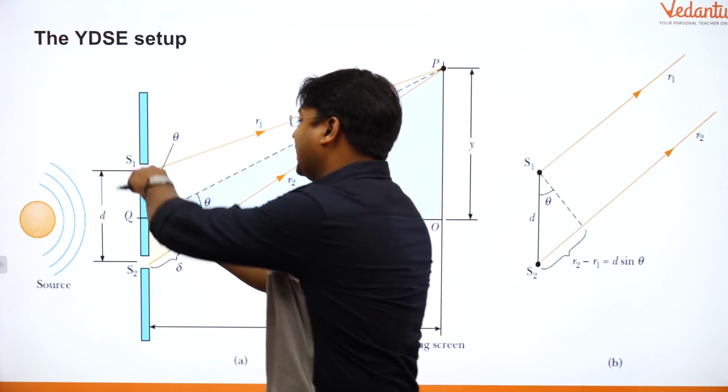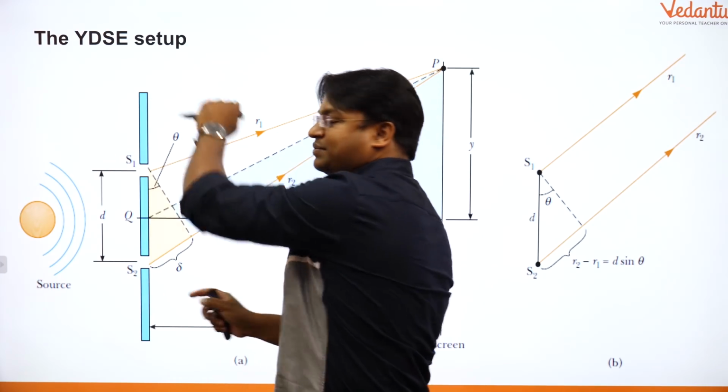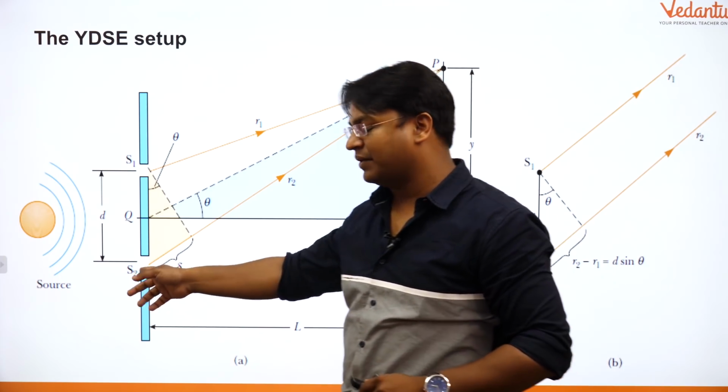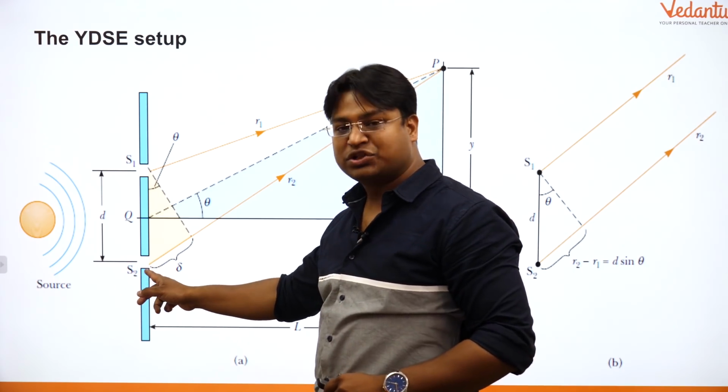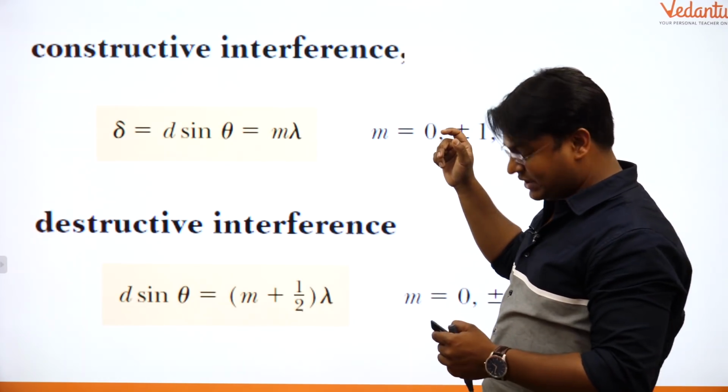What will happen? The light will spread on the entire screen. The light from S1 will spread on the entire screen. Similarly, the same thing will happen for light coming from S2 also. So it basically means that any point P on screen now is getting